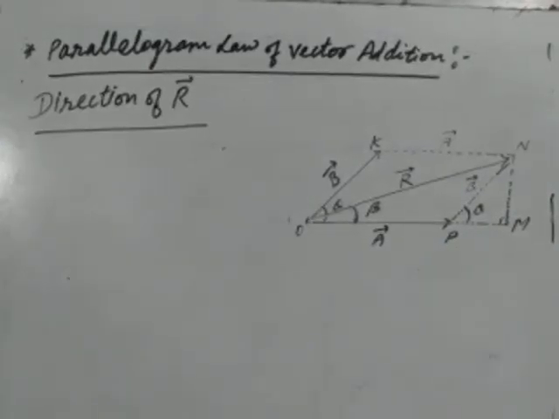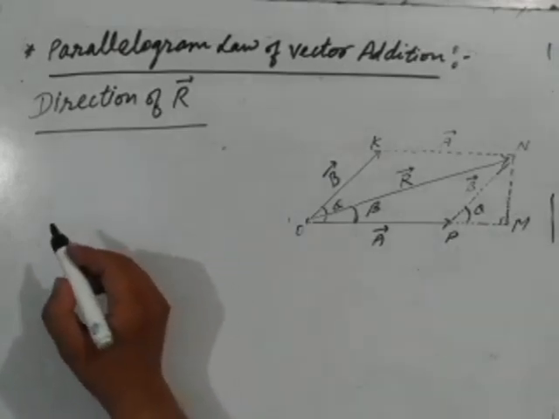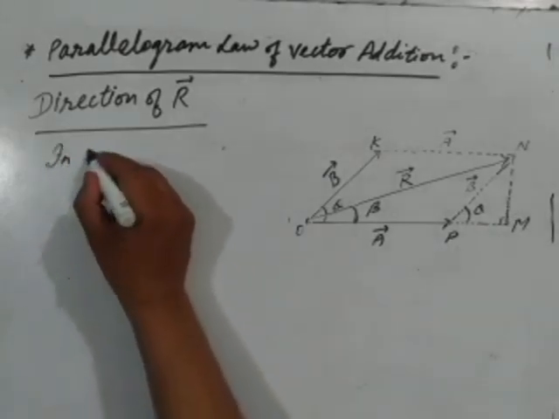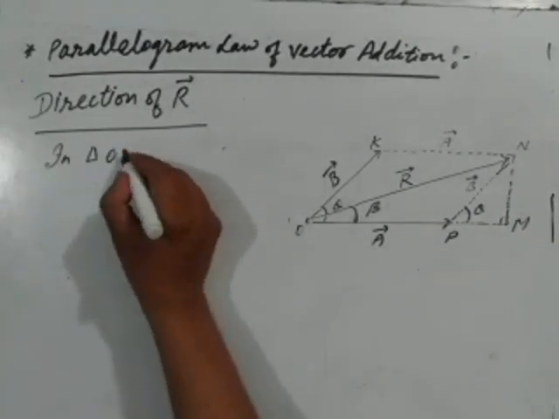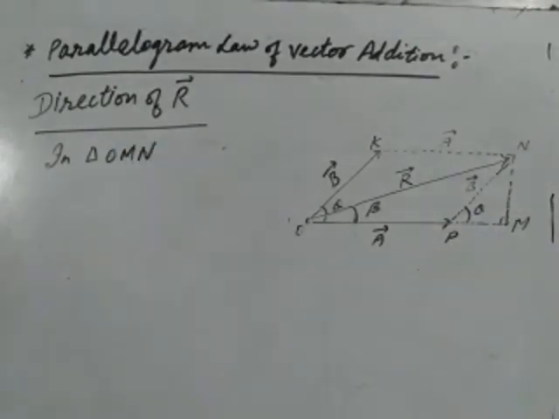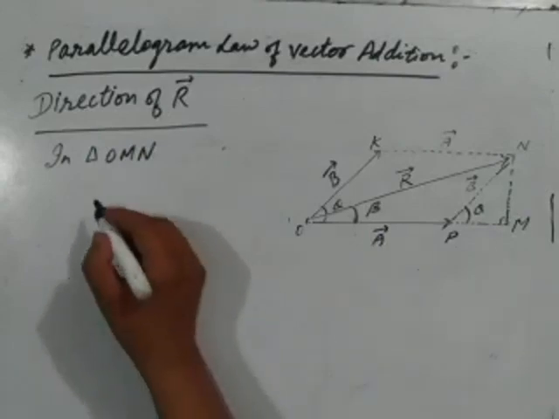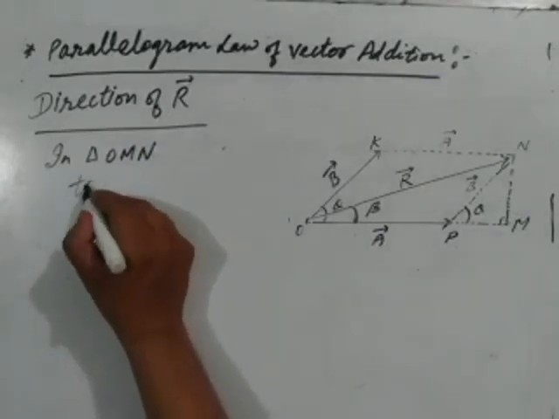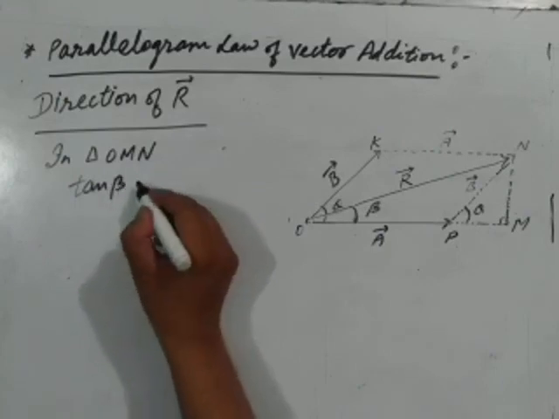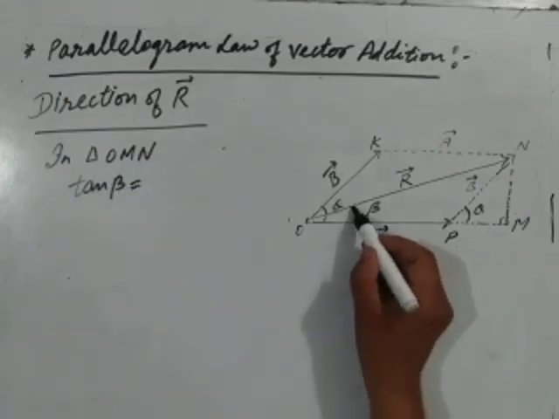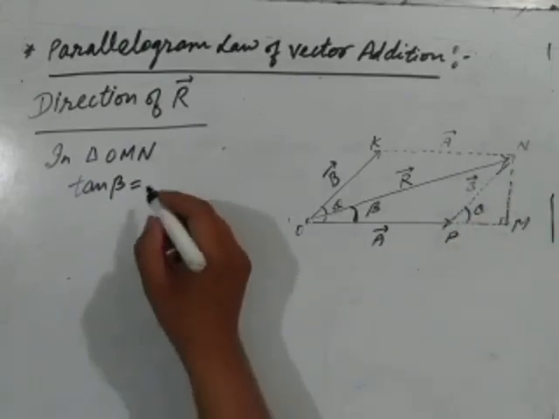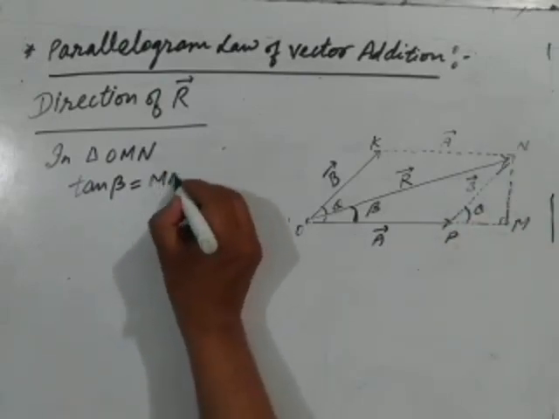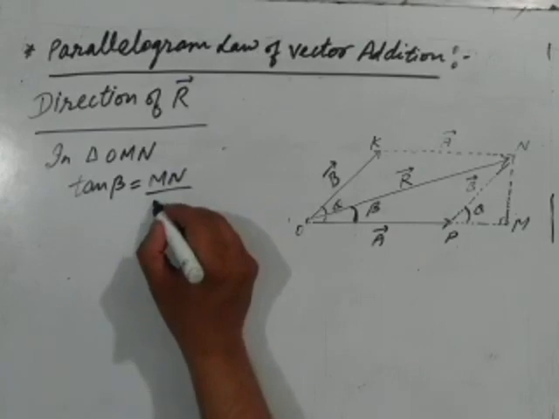Now the direction of r: in triangle OMN, we will find out tangent of the angle. Tangent of beta is equivalent to, so this angle is beta, perpendicular upon base, MN upon OM,